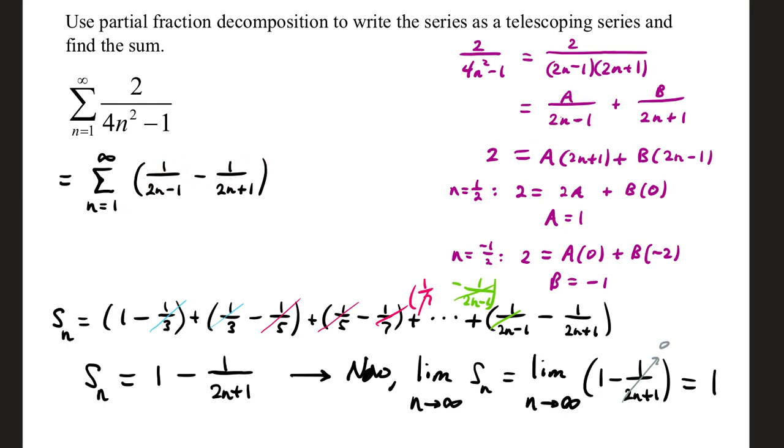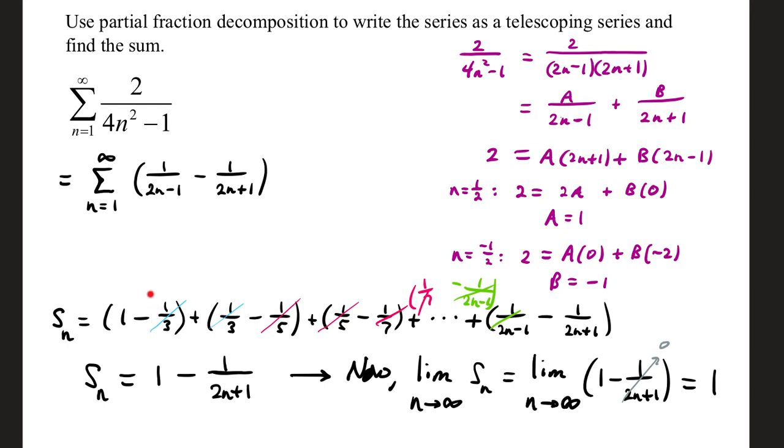When n is 1, plug them in, you get 1 minus a third. When n is 2, plug into both fractions, you get 1/3 minus 1/5. When n is 3, 1/5 minus 1/7. So you create a telescoping list. This is the expansion part of it. Once you run into consecutive cancellations,